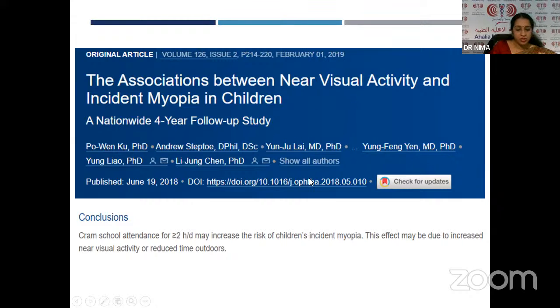Even from our experience, since the last 2 years we were stuck at home with online classes and everything. After that, when they started coming to our OPD, we were surprised to see so many cases of myopia. And that too, not -1 or -2 powers, but -4, -5. Here we are not conducting any studies, but even from our experience we can tell that once you stop using these near vision gadgets, during the next visit, the majority of myopia cases will stop progressing. There is no need for atropine also.